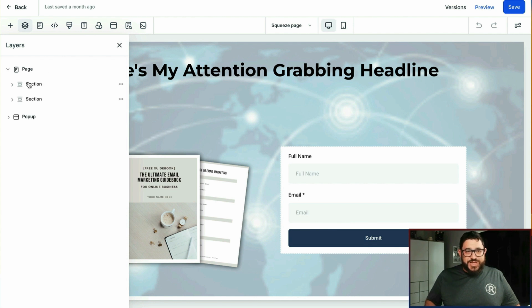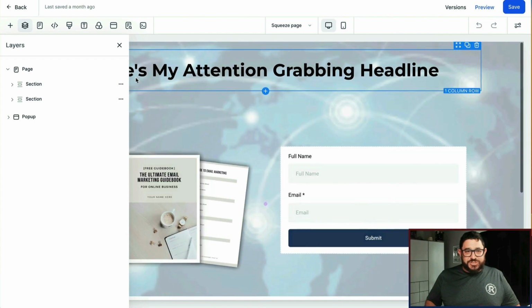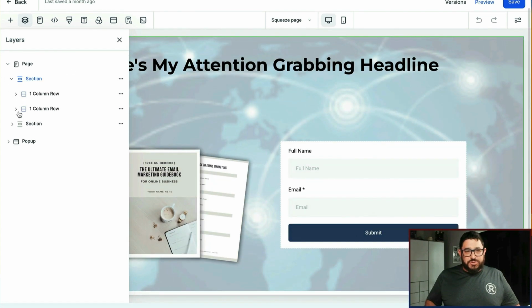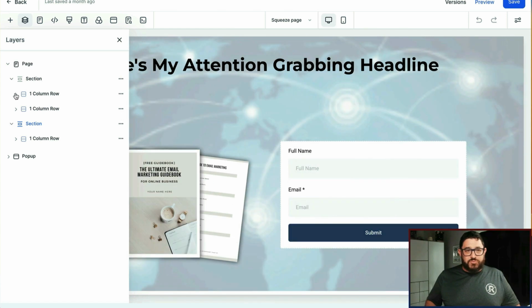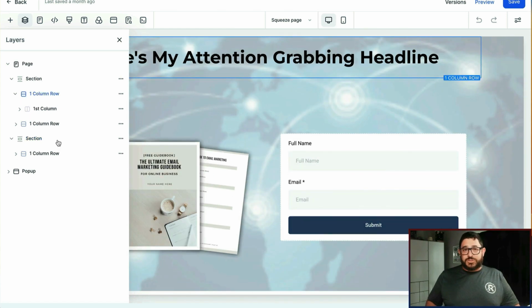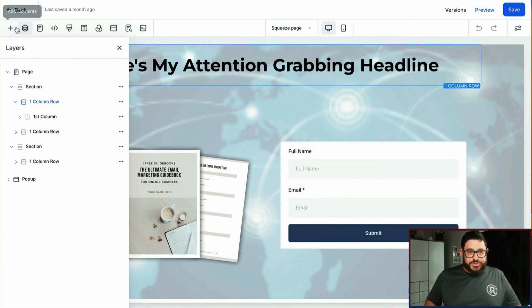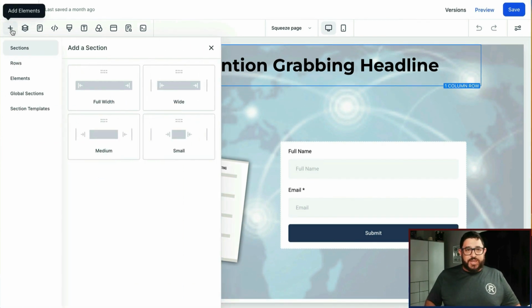Now, if I open the page, this page has two sections. And if I extend it this way, you'll see all those sections being able to work on with the rows and sections all combined into one. Much easier to use. But I'm going to go back to the element area again and just show you how